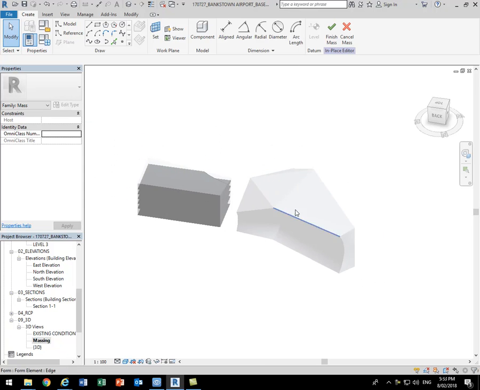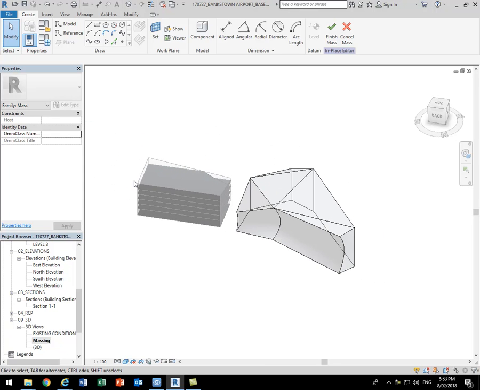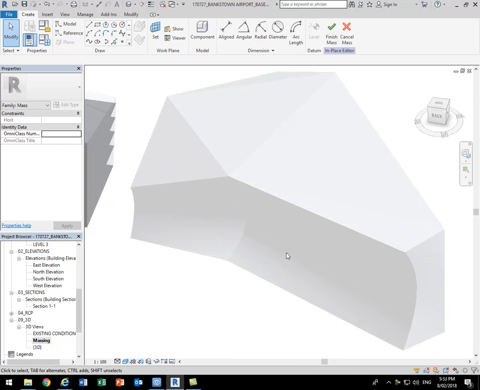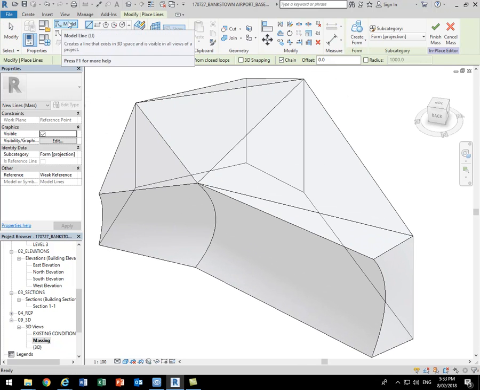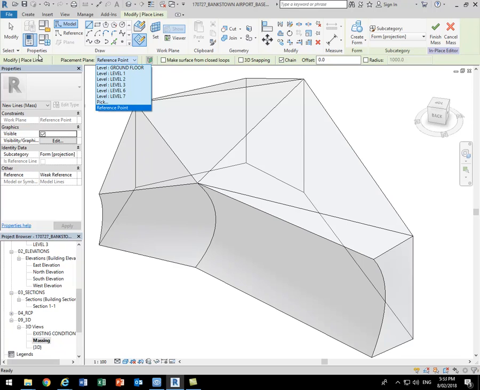And it's important that you realise that it's only going to work on this one that I've selected, not the other mass. That's a different element. So now I'll go to the Model option, I suppose, and make sure I've got a line tool selected, and then also check that I'm on Draw on Work Plane there, and then where it's got Place or Placement Plane, I'll just choose Ground Floor,